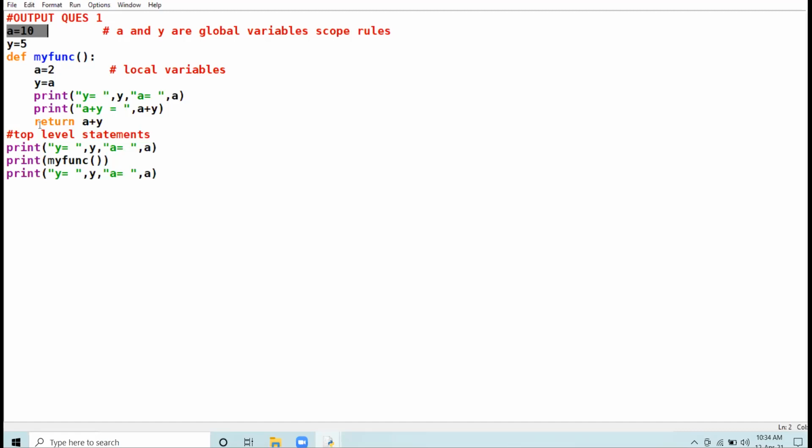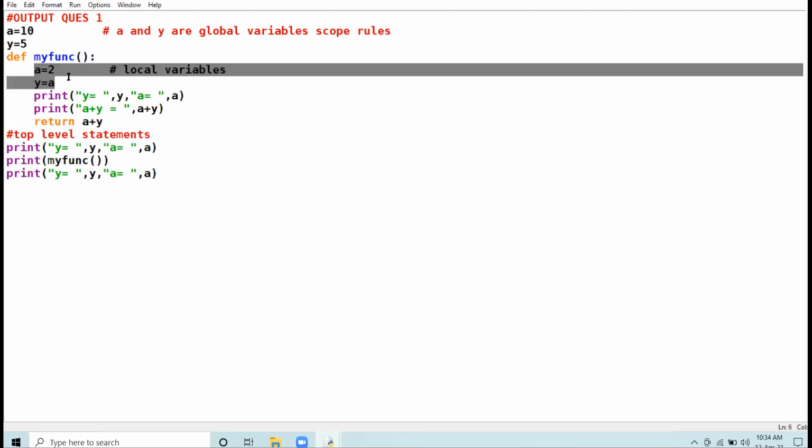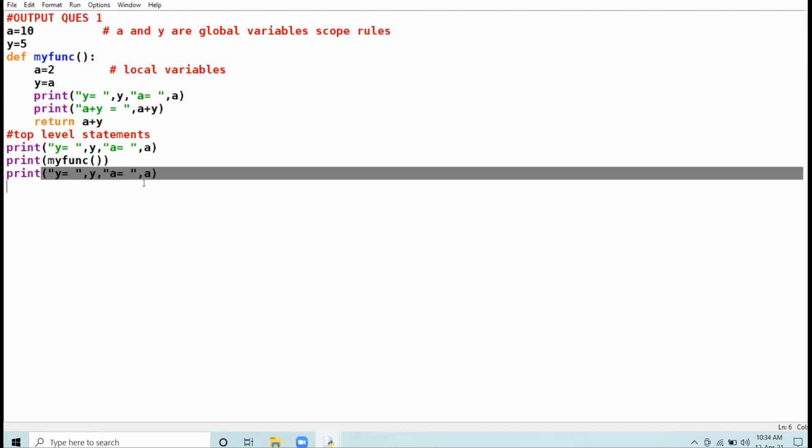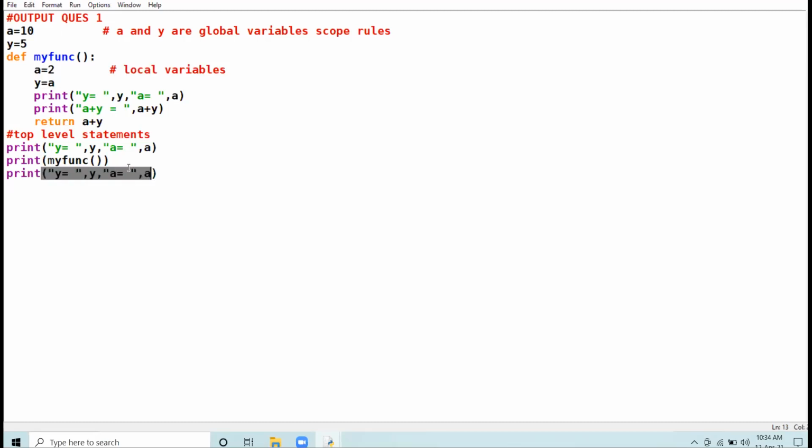But when we came out of this function, this local variable terminates. The role of this local variable is finished. So again, we are referring to the global values only. That is why y is printed as 5, a is printed as 10. Am I clear to all of you now?